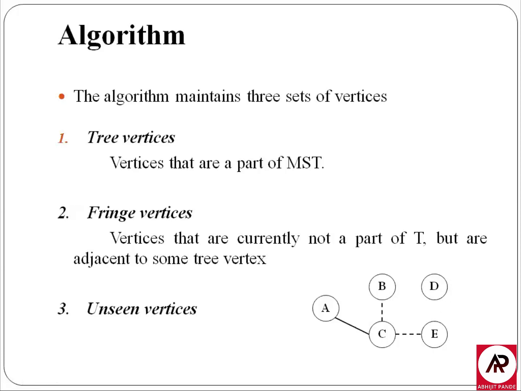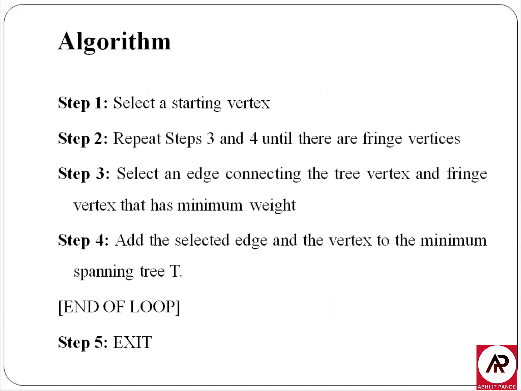So now let's move to the actual Prim's algorithm. As we discussed in the example, first we consider any vertex as a starting vertex and then find all the fringe vertices from it. Then we choose the minimum amongst all the edges and add that vertex to the minimum spanning tree. Then we repeat the whole procedure until all the vertices present in the graph are reflected in our minimum spanning tree.